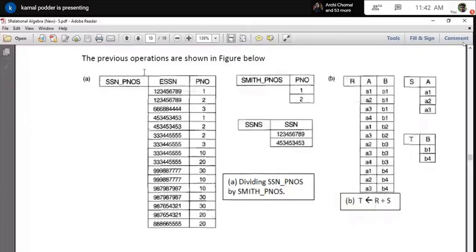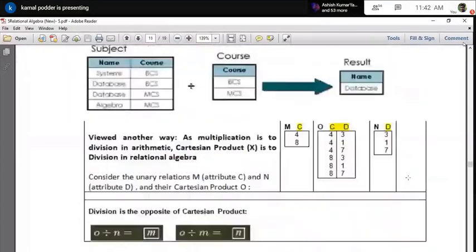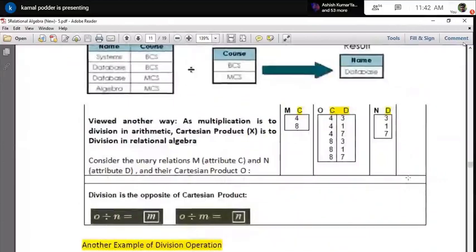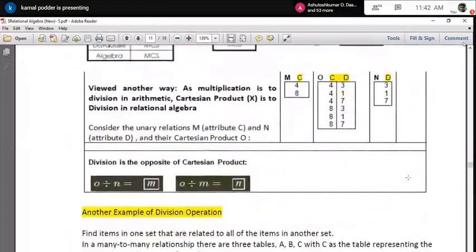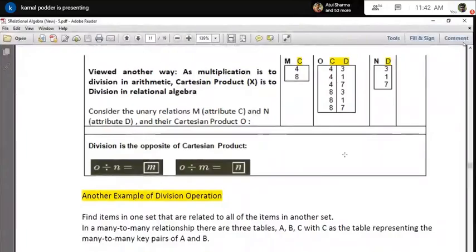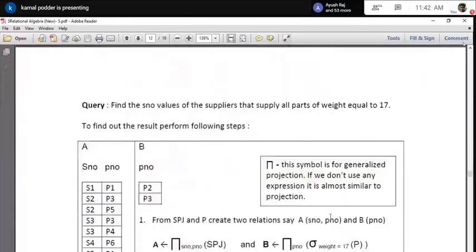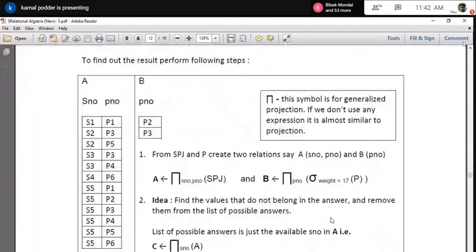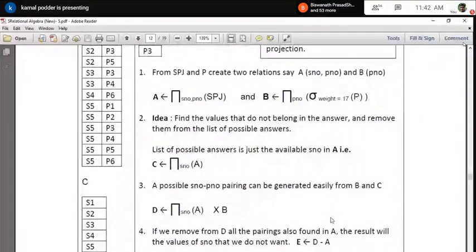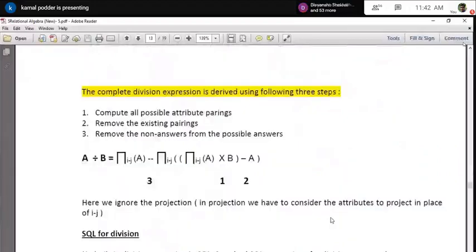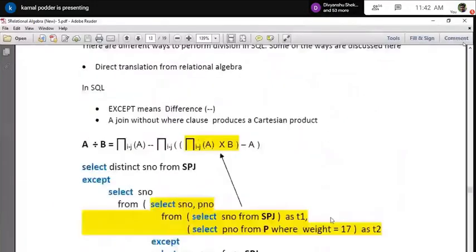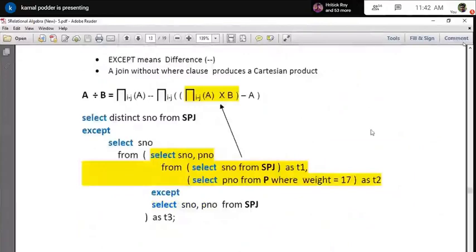I have given some more examples so that you can try to understand it, because without seeing them, it is very difficult to understand the division part. This is another example. I have given a lot of examples so that you can see it. SQL for division is also available nowadays, which I will show you later on.